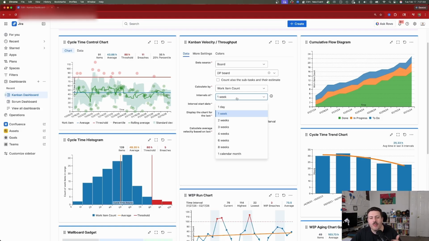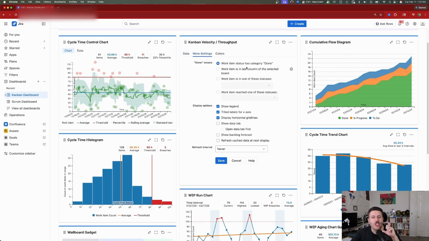Now, your intervals can be 1 day, 1 week, 2 weeks, 3, 4, 5, 6, 8, or an entire calendar month. And then you get to choose when your interval starts. And then you can choose how many intervals you're going to show. And then you're going to be able to determine how many intervals you're going to be calculating that average velocity based off of. Then we can go to our more settings, and then we can determine what our done means,